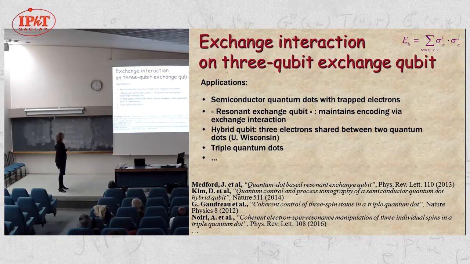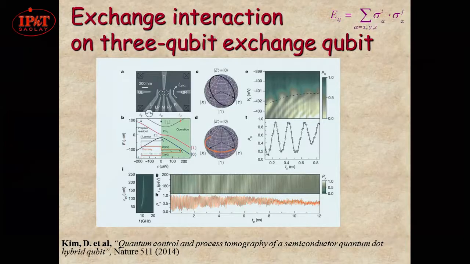There's what people call the resonant exchange qubit, which again maintains, in this case, the encoding via the exchange interaction. There's a hybrid qubit, which I think is even implemented at the University of Medicine: 3 electrons shared between 2 quantum dots, and they use both charge and spin somehow to encode these 3 qubits, triple quantum dots, and so on and so forth. And here is one of these